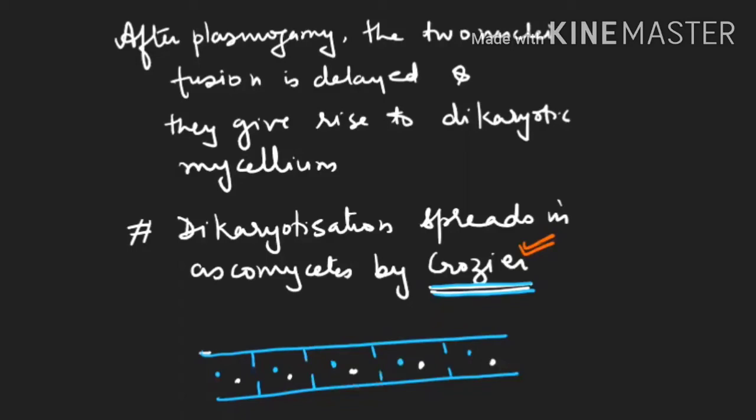After that, what will happen? Now they will go for making the ascus. Now we will see how ascus formation is done. Now see, after somatogamy, this is your dikaryotic mycelium. So this dikaryotic mycelium will give rise to one ascogenous hypha. See the board carefully. You will find it very easy. It will give rise to the ascogenous hypha.